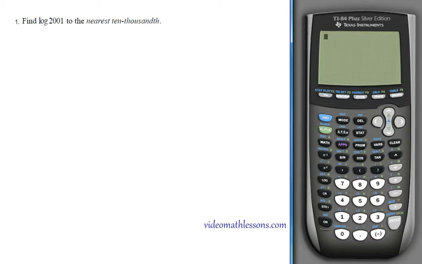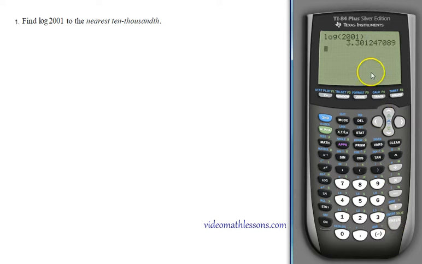Number 1, find the log of 2001 to the nearest 10,000. Well, what we're going to do is look here on the calculator. We have a log button right on the left-hand side towards the middle. So we're just going to punch this in, pure calculator question. We press log 2001. You actually don't have to close the parentheses, but it's just a good habit to get into. Hit enter, and there's our answer,